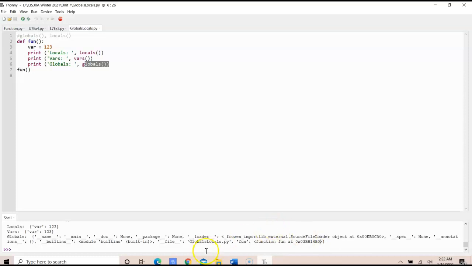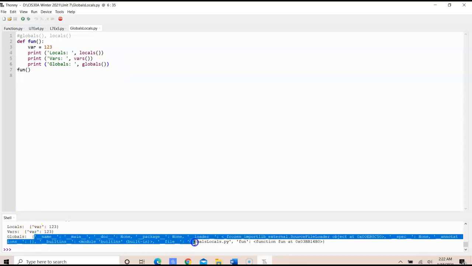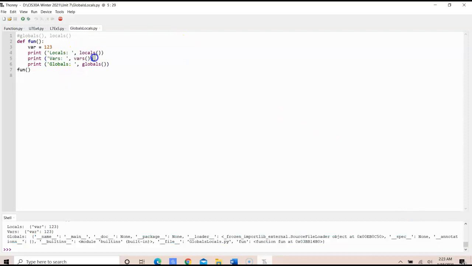So there's no additional information that we can receive from the globals except for these built-ins, namespace and information. So here what you can see is you can use locals, vars, and globals